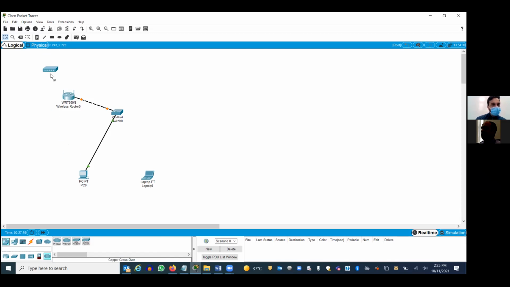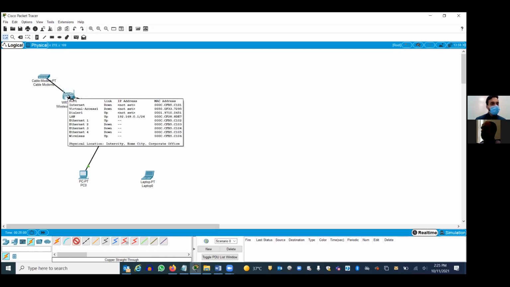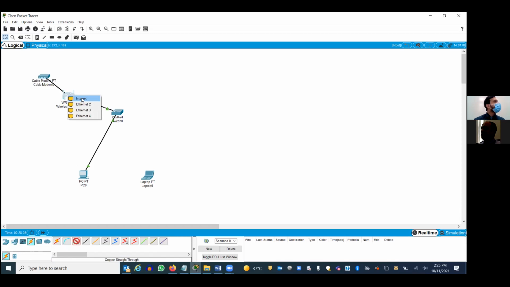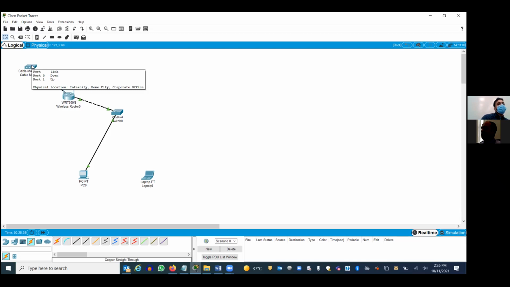Cable modem. Okay. So let's take a straight cable. Connect port 1. And where should I connect? From the modem means this side. Where should it connect? Ethernet 1 or Internet? Internet. Excellent. Correct? So clear? Either one, it doesn't matter. Yeah, port 1 or port 0 you can use. Port 0 is the first one, then port 1. I just use port 1. Either one you can connect. Okay? Clear?